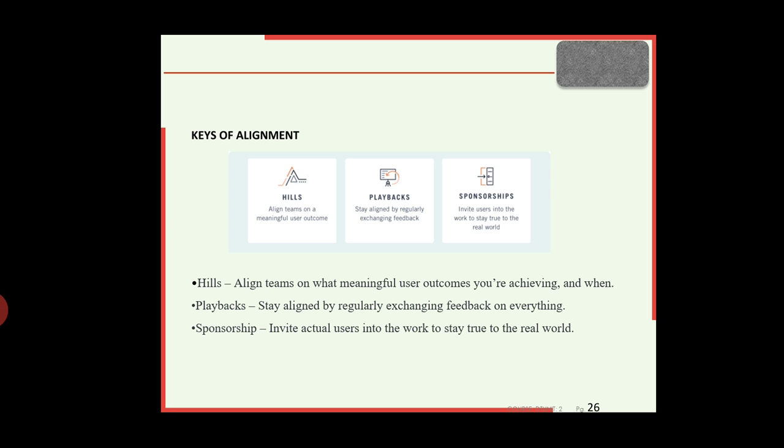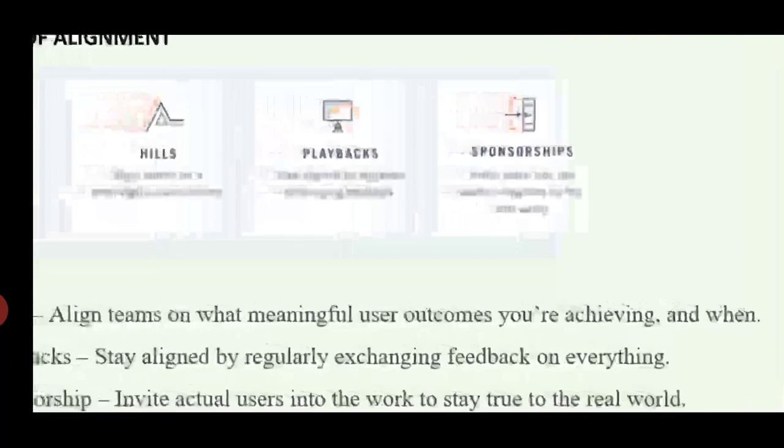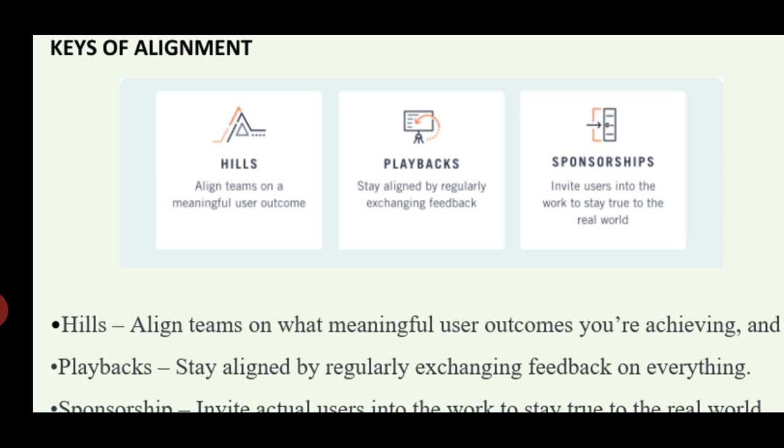Hills is nothing but aligning teams on what meaningful user outcomes you are achieving, and when you are achieving them. What exactly are the meaningful user outcomes that align a particular team? If you look at this diagram, Hills is nothing but aligning teams on a meaningful user outcome. Coming to Playbacks, we want to stay aligned by regularly exchanging feedback, particularly feedback about the particular customer,